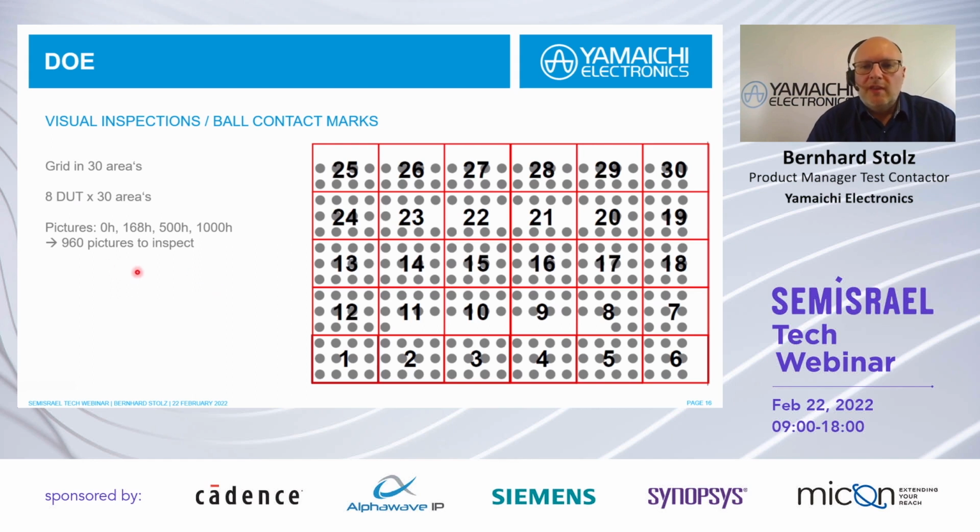So we got more than 960, actually 1,000 pictures of the socket itself, and all pictures have been analyzed and viewed. It was tremendous work to analyze what's happening on the balls and also on the pins. So I picked out some of the pictures, not all 1,000, but some of them, and started with